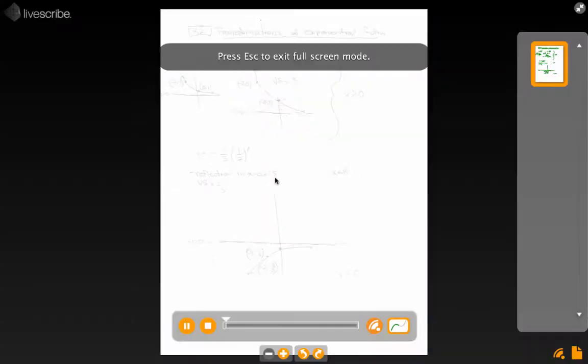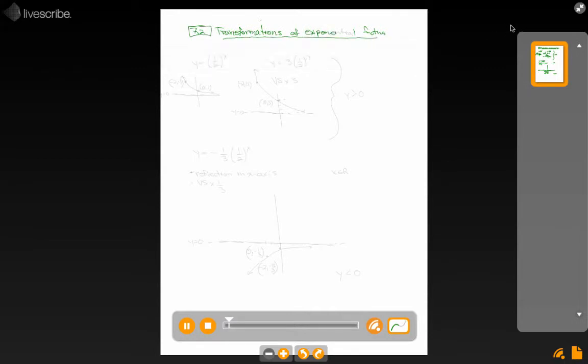This example comes out of section 7.2, transformations of exponential functions. In this example, we're going to take a look at what happens when we take an exponential function like y equals 1/2 to the x, which hopefully we have a sense of roughly what that looks like. Exponential decay function, asymptote at y equals 0, goes through 0, 1, goes through maybe another point here like -2,